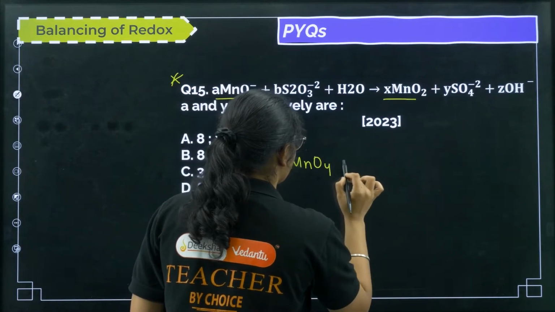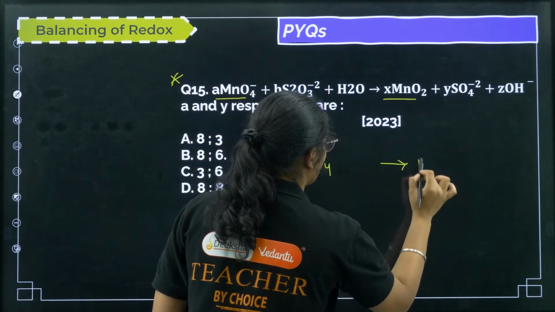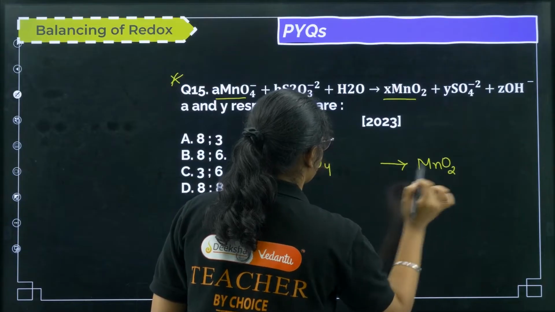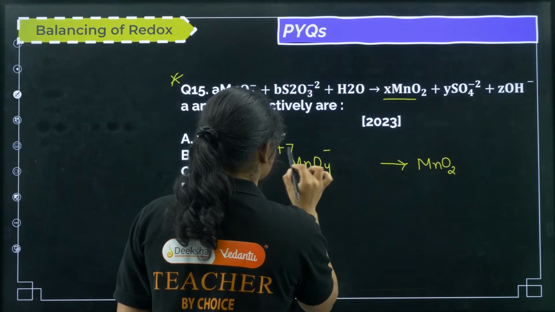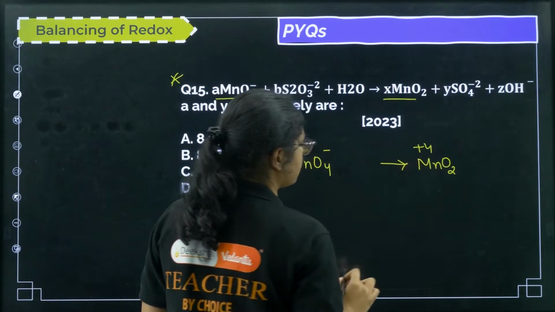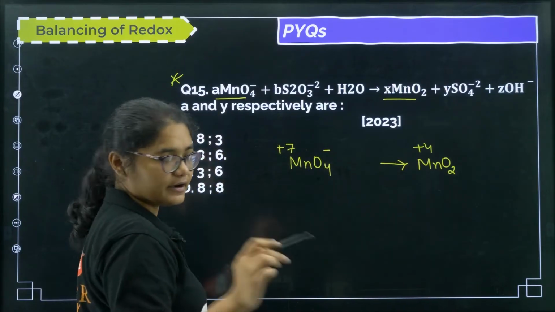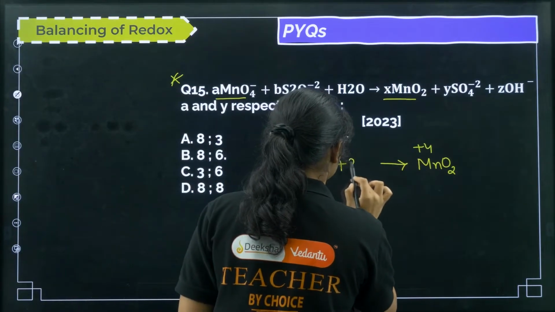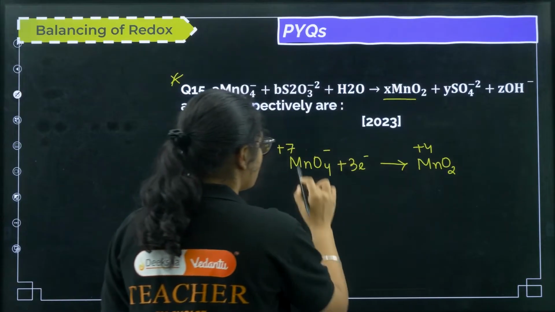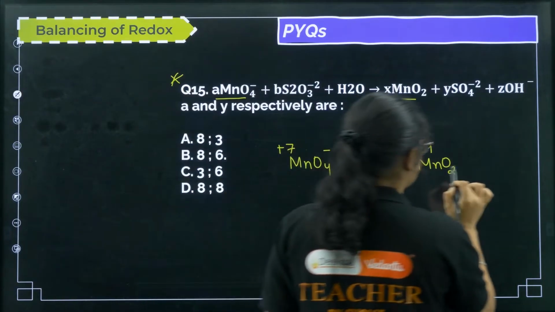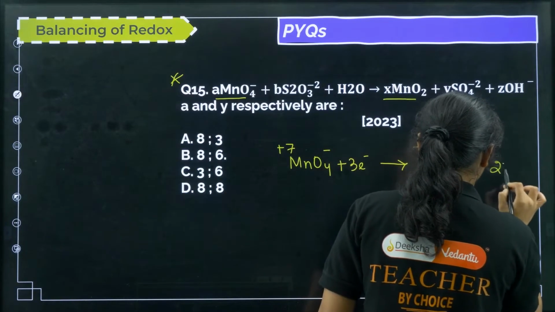So I am taking MnO4 minus giving me MnO2, okay, so here the oxidation state is +7 and here it is +4, right? So 7 to +4 is reduction. Reduction of how many electrons? 3 electrons will be gained here. Now if I balance the oxygen, here there are 4 and here there are 2, so I will make it